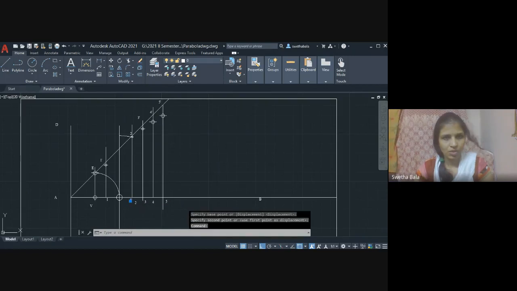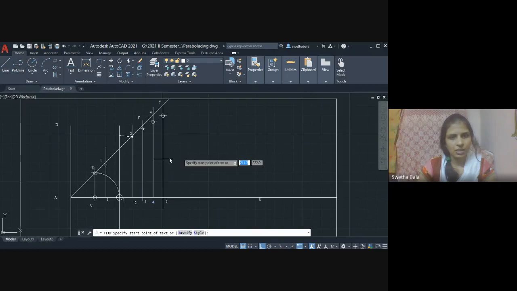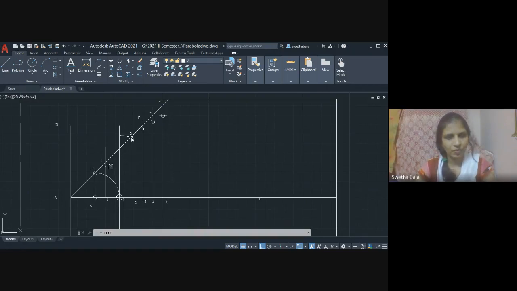So this focus to the focus point with no confusion. So next is go to the text, single line text, right click. So this is your point P1, this is your point P2, P3, P4,